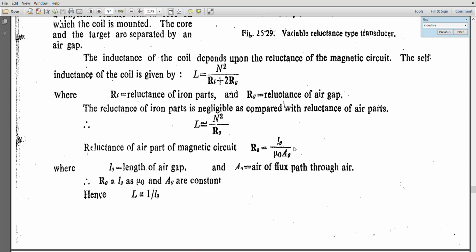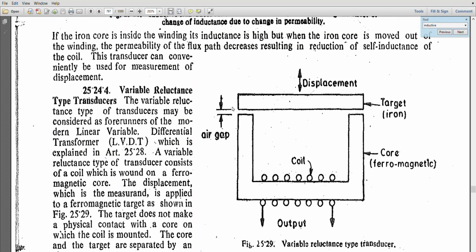Okay, and all these are constants. Then you substitute all this here, then L is inversely proportional to lg. So when I am changing the length of the air gap, when the air gap increases, what happens? Inductance reduces, and when the inductance is reduced, there is an EMF induced in the coil, and that